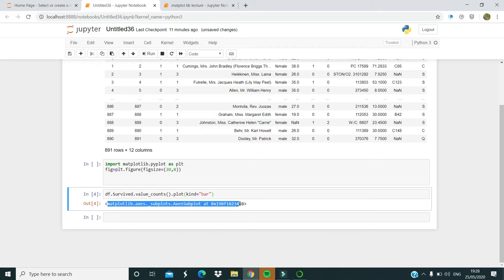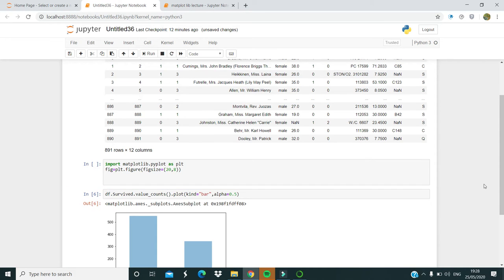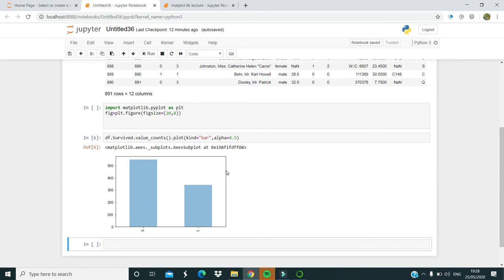Let's do one more thing: comma, alpha equals 0.5. Sorry, spelling mistake, alpha. Let's see what we get. Yes. Why after adding alpha 0.5 are we getting this graph?